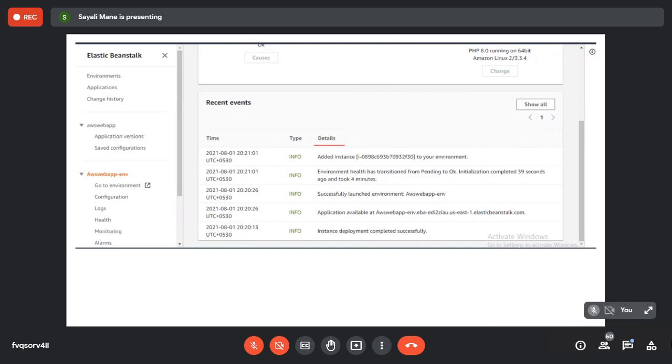Why I'm asking you to highlight the part is so that in practicals it will help you. If an external examiner asks you to show the Elastic Beanstalk environment that you have created in your practicals, and which events have been added into the environment, you can say that these are the events which were added into my environment when I created the Elastic Beanstalk. Okay, done.